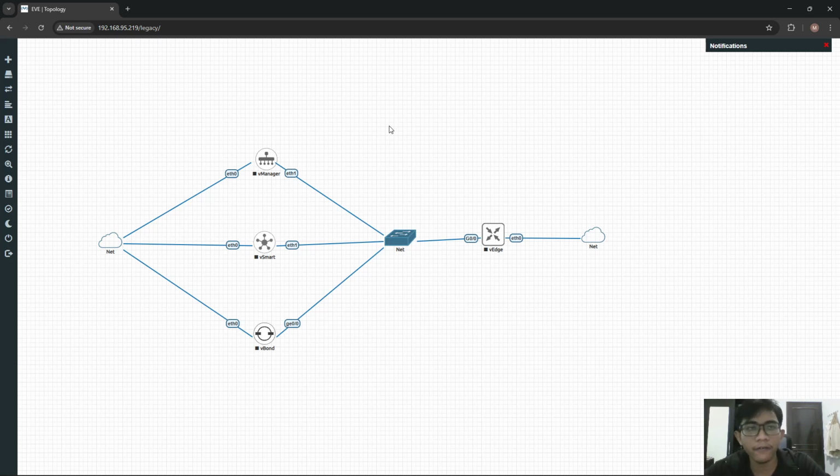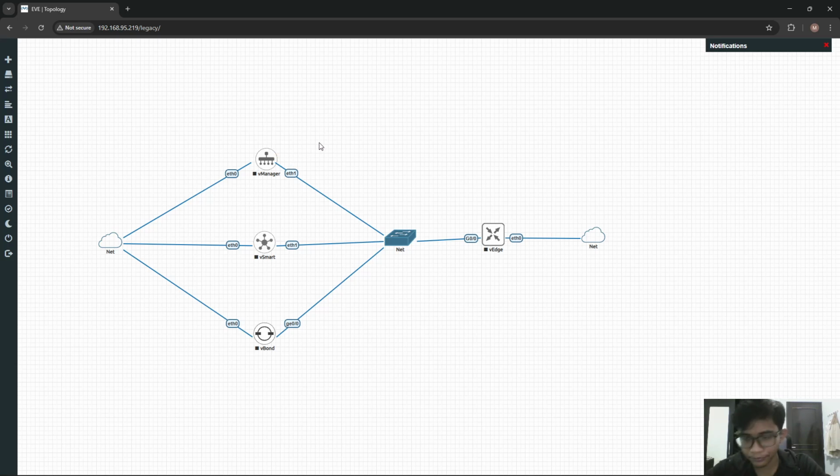Think of vManage as the brain that controls everything from a single place.